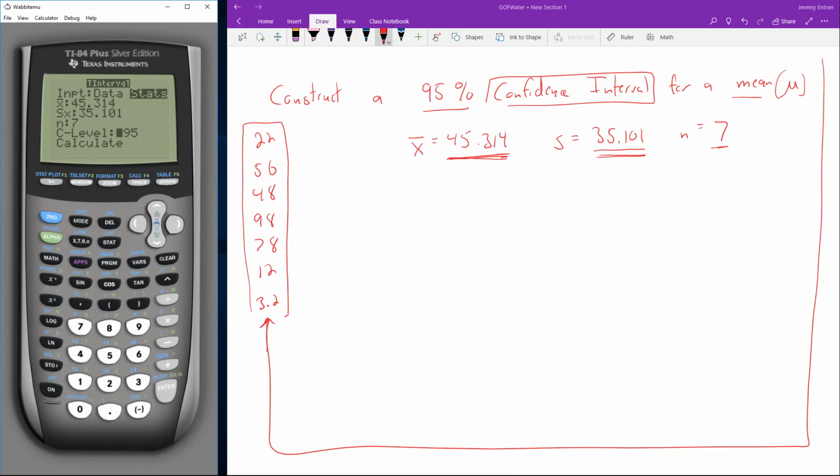This thing called C level, that's actually this percentage sitting right here. It stands for confidence level. So whatever you have sitting there is what you can type in. You can type it in as a 95, or you can type it in as a 0.95. If this number was, say, 90%, you'd type in 90. If it was 80%, you'd type in 80. If it was 99.99%, you'd type in 99.99. Anyway, you'll go down, you'll hit Calculate,